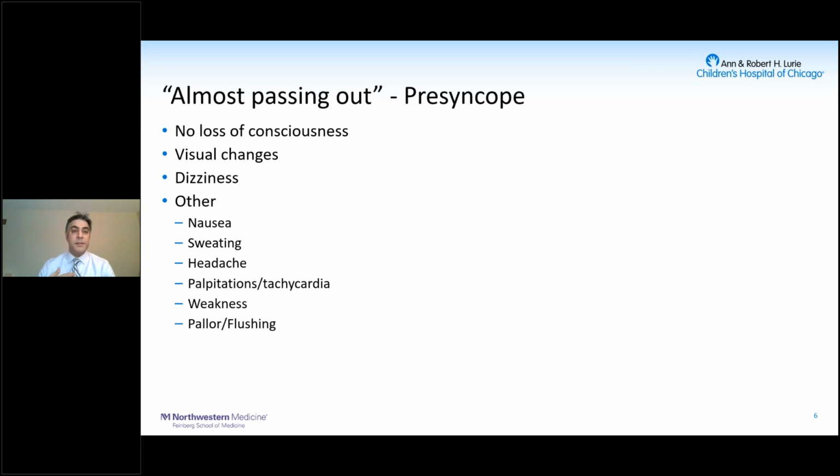They have to meet this actual criteria to have had a syncopal episode. Many times when we are seeing someone in clinic for what we think is syncope evaluation, when you get the history, you actually see that they really did not have a true syncopal episode. They got close to it. They had some of the preceding warning symptoms. They felt dizzy, they felt nauseous, they were sweaty, they felt their vision going blurry, but either it resolved or they sat down. But by definition, they didn't actually lose postural tone. They were standing up the whole time, or they remember the whole event. They didn't have any loss of consciousness.